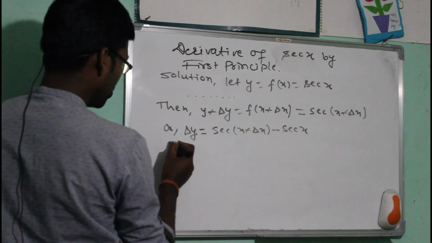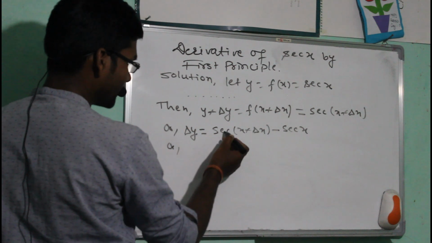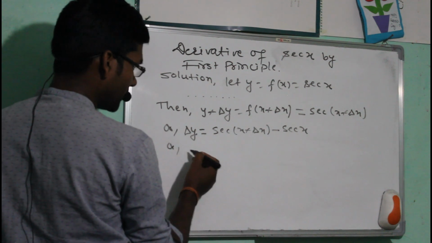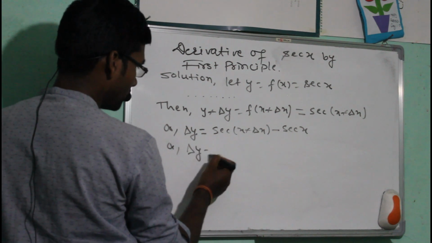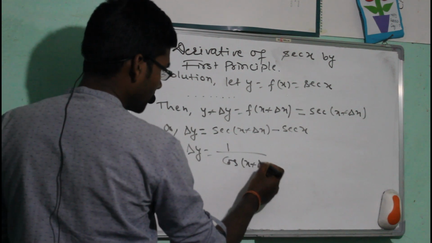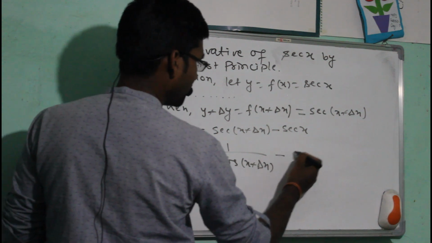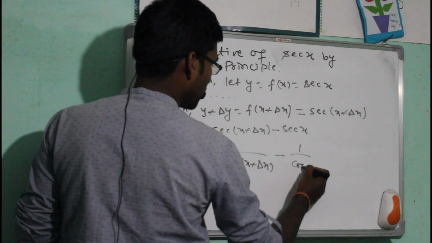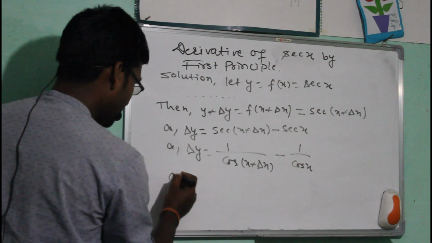Okay, so now what we can do here in this case, let's change sec into cos and take LCM. Delta y equals 1 by cos(x plus delta x) minus 1 by cos x, and if we take LCM